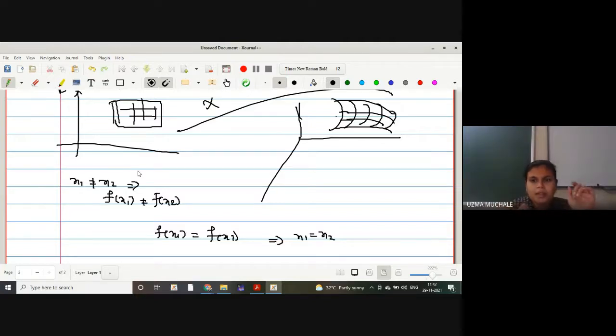Just like that, I have converted the rubber sheet into some object. Now if you want to ensure the one-to-one condition, suppose we go for the second one. If I have f of x1 is equal to f of x2, can you go back and see whether x1 is equal to x2? Because you have cut it. So here the condition of one-to-one ensures that there is no cutting of the plane.